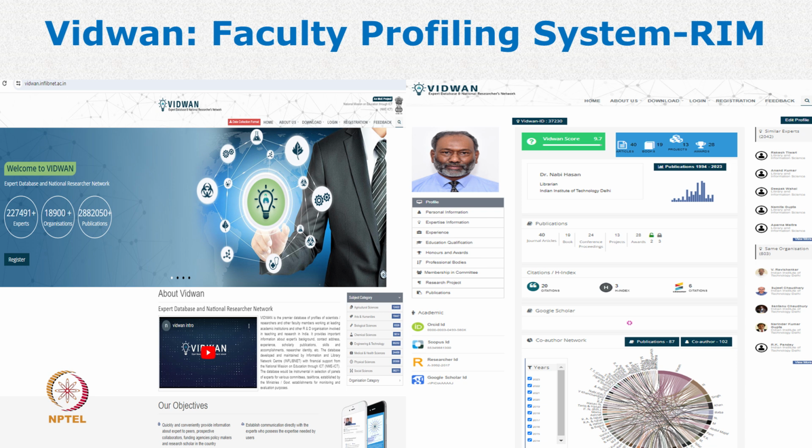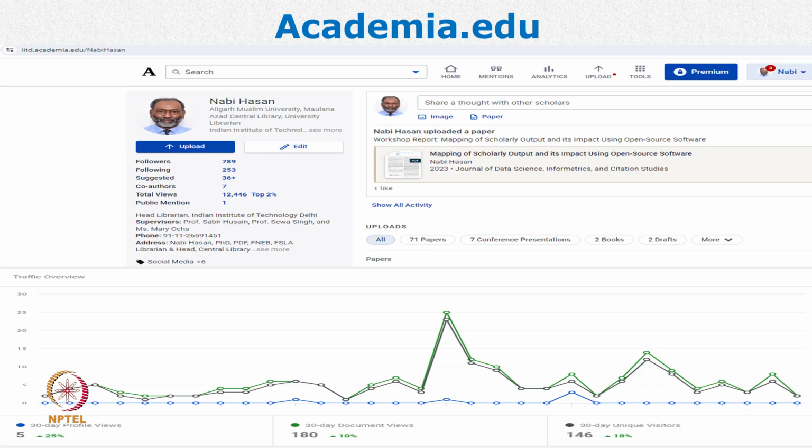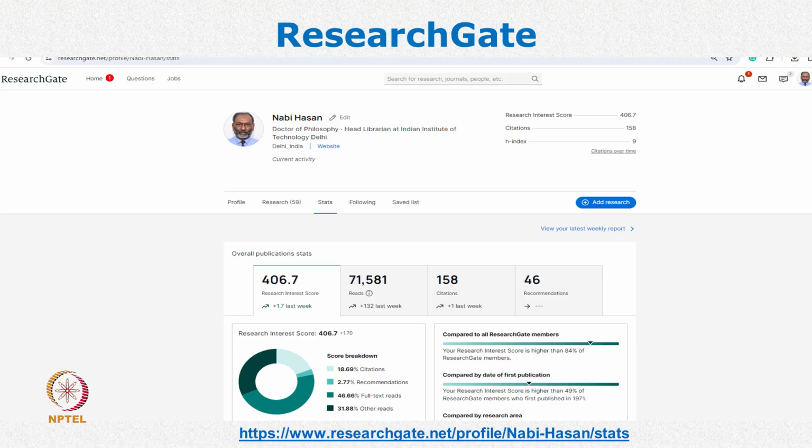Creating a Vidwan profile, which is the Ministry of Education's project, helps as well if your institute has not implemented the IRINS RIMS, as you can see here. A profile on academia.edu can help you even with your less known but good published or unpublished content. Like academia.edu, ResearchGate can also help you with your less known published or unpublished content, including providing you with the